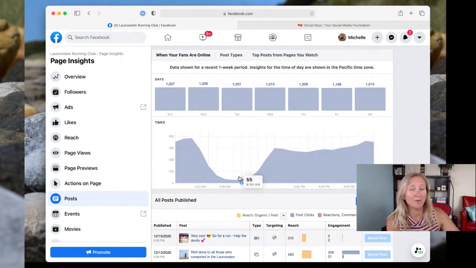Now, right here in the middle, you can see this dip. The people who like this Facebook page are not likely to be on Facebook at that time. So it would be really silly to put a post up at that time, especially if I wanted anyone to see it. However, say up here where you've got a peak, and then probably any time really between this peak here and that peak there, a good time to put up posts on Facebook for this audience, which is kind of